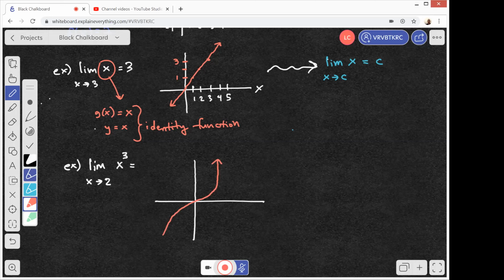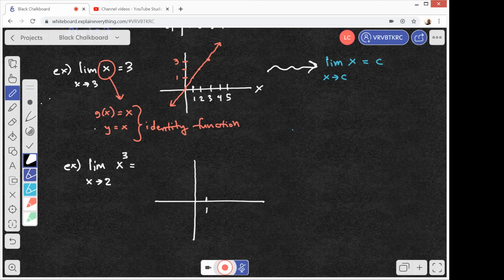Let me do a better job. I think like that. There you go. So that's our graph. And let me even do an even better job for you guys. Let me plug in some numbers. So if I were to plug in the number 1,